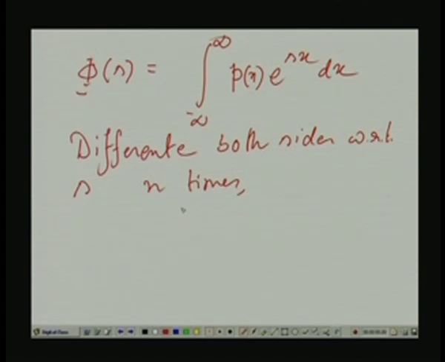what happens? If you differentiate once, x will come here. If you differentiate again, another x will come, and likewise. e to the power s x, if differentiated with respect to s, you get back x into e to the power s x, then x square e to the power s x, x cube e to the power s x, and likewise. Here n means nth order derivative, it is not power. If I say phi n s, it means the nth order derivative of phi s with respect to s is nothing but